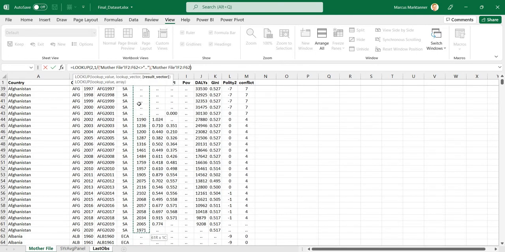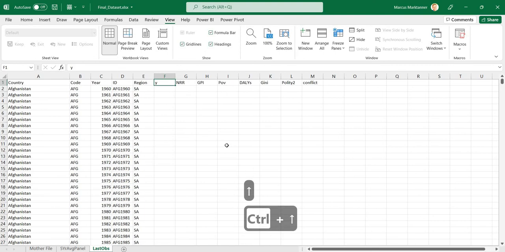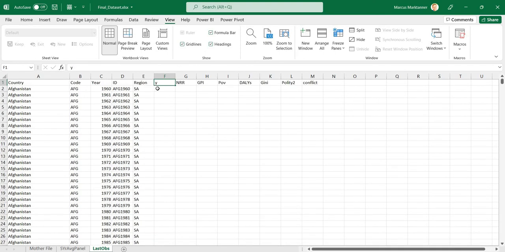Okay, so now let's see what happens. If all goes well, we should now see 1971, which we do. Okay, so let's see what happens if we copy that formula